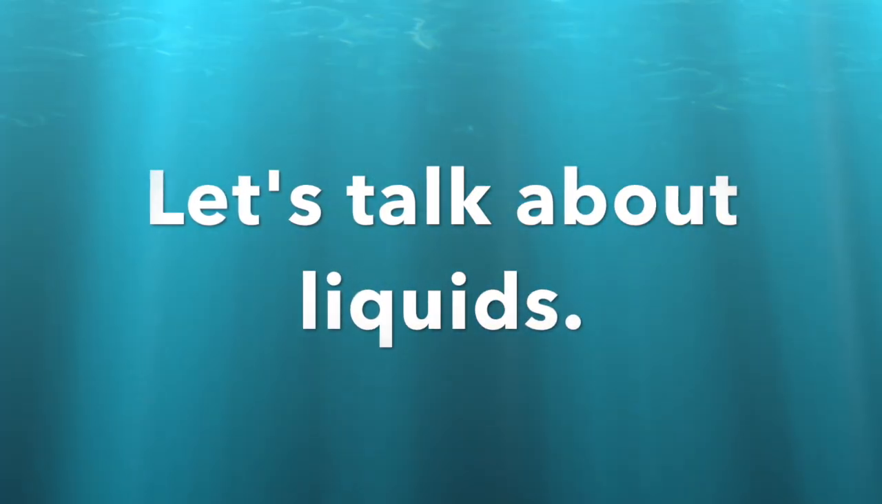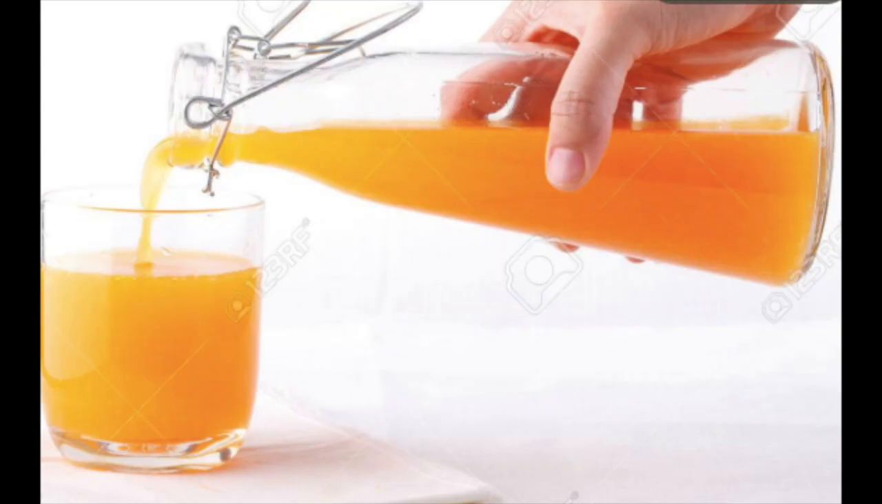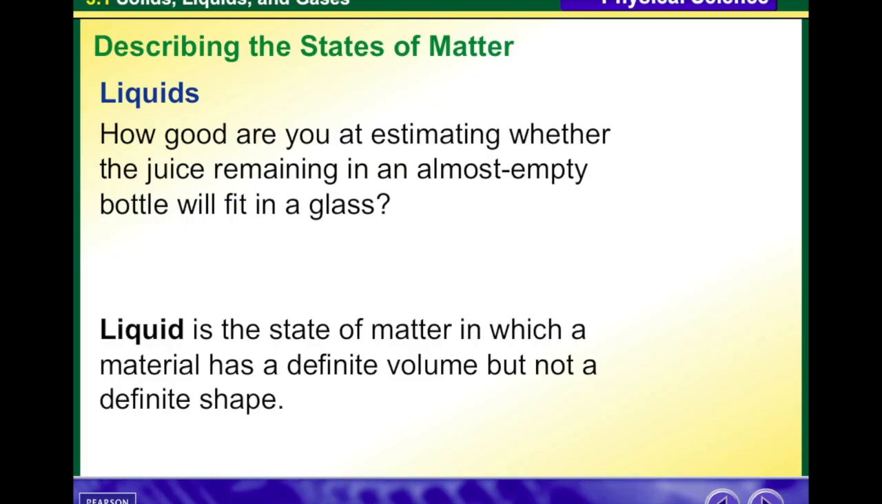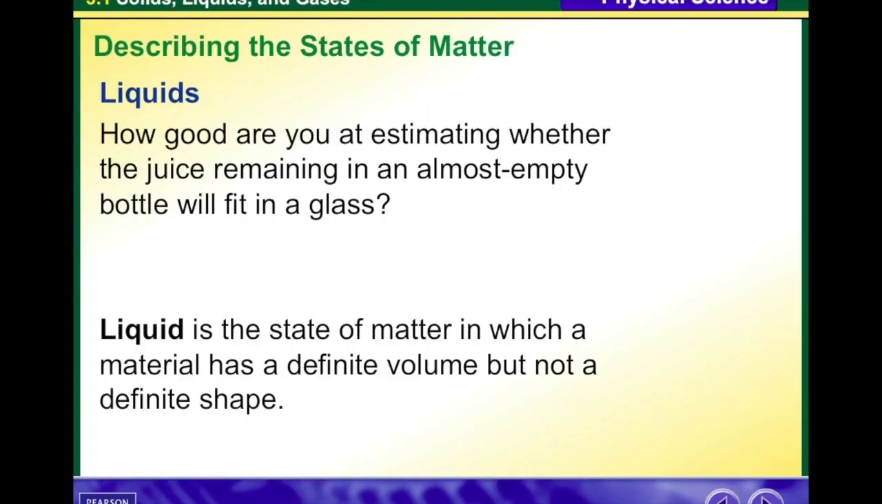Now let's talk about liquids. How good are you at estimating whether the juice remaining in an almost empty bottle will fit in a glass? Liquid, of course, is a state of matter in which a material has a definite volume at a constant temperature, but it doesn't have a shape. And we will look at why this is the case,